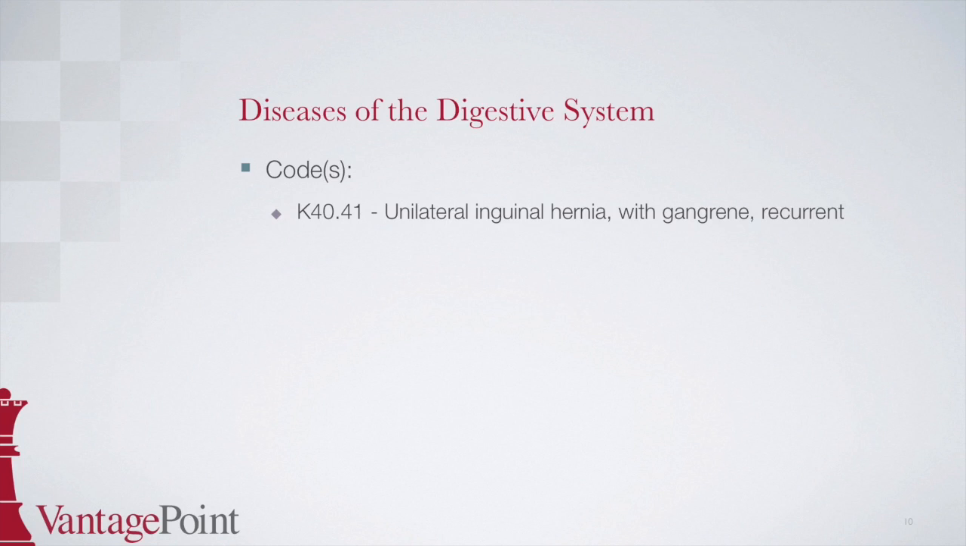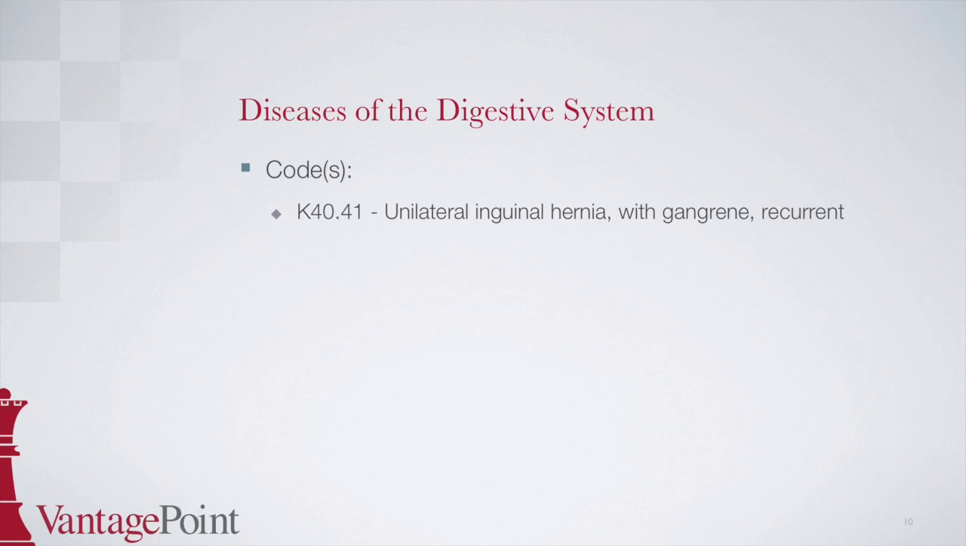The answer is K40.41, unilateral inguinal hernia with gangrene, recurrent. To locate this code, start at hernia in the alphabetic index and then find inguinal. From there, locate the term with, then gangrene, and obstruction in parentheses, which points to K40.41, which you would then